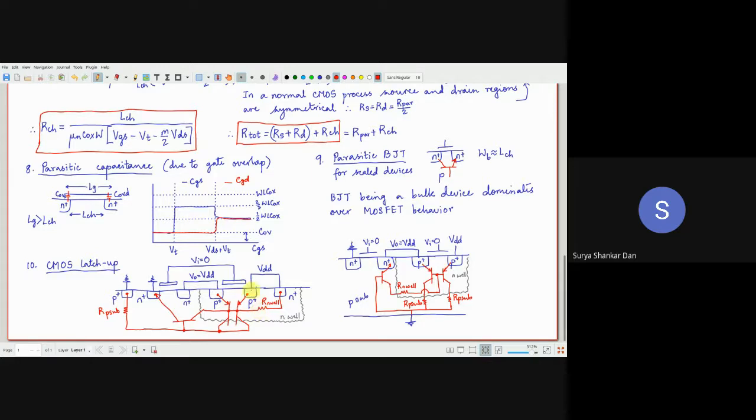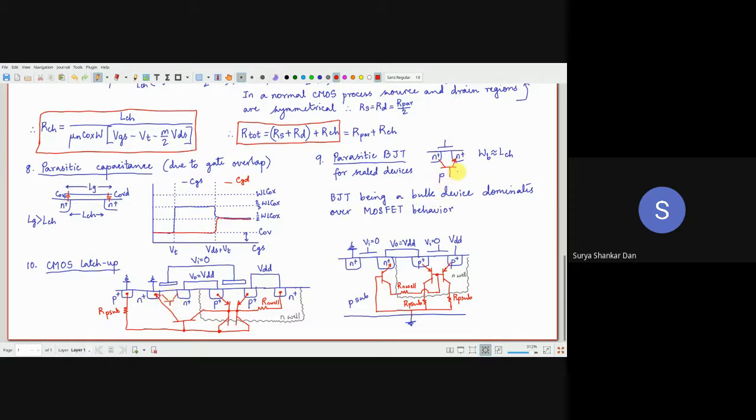So now, what is the scaling technologies? Technology scaling is basically reducing these channel lengths here. So this is the scaling technology. Even if your channel lengths are large enough, so even for long channel devices, as I said, latch up is a pertinent problem even for long channel devices. For long channel, the channel length under the gate will be large. So if it is large, there will not be any BJT like this, which I had shown over here.